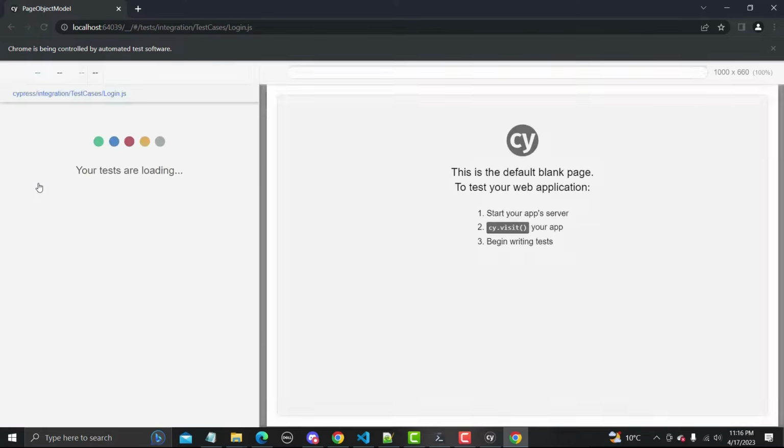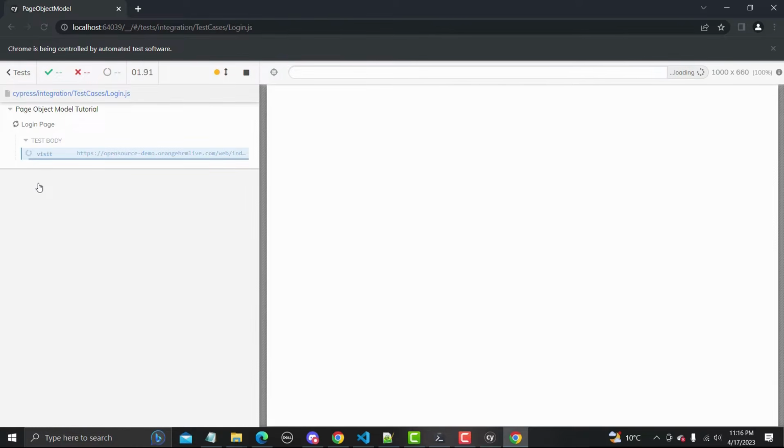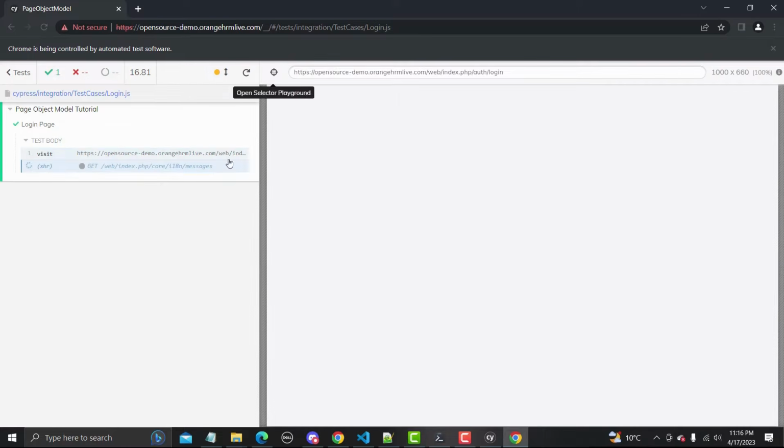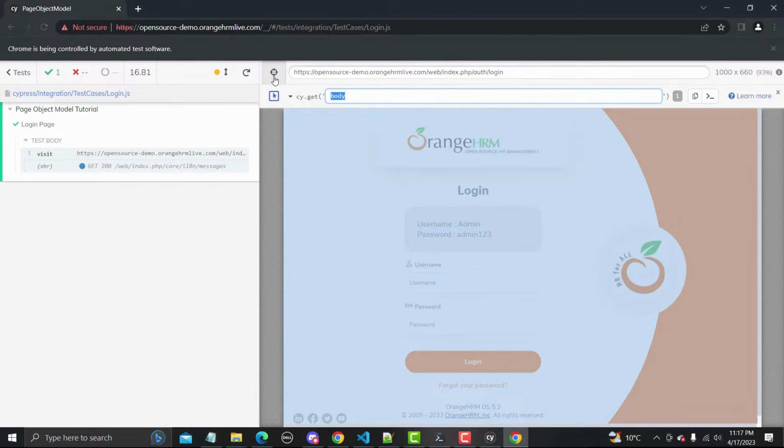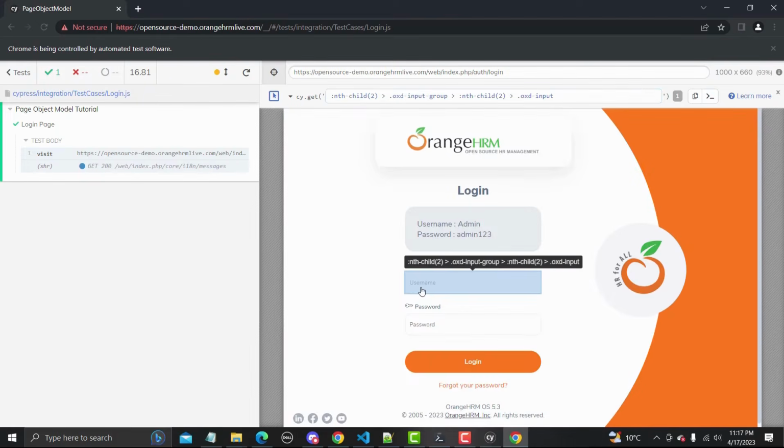Let's see, it should open this website here, and it's a demo website, so it's a login page of this demo website. It should load in some time, and what we will do is create a linear script very quickly using the locating strategy available in the test runner. So this is the login page here, and using this playground I will quickly create the test from here.